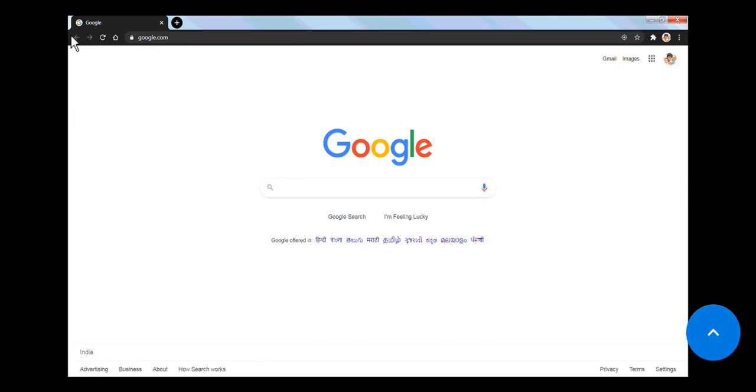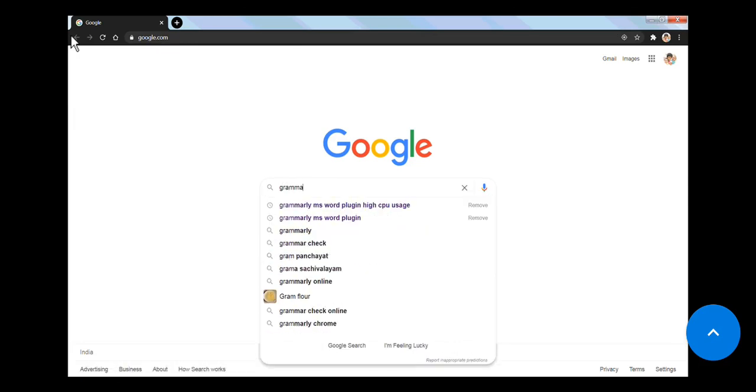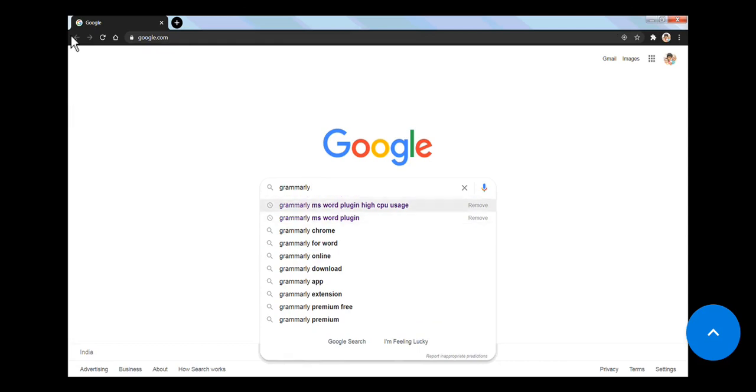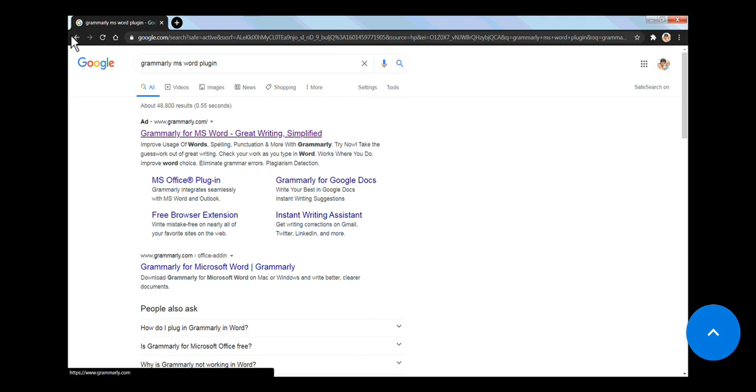Search on Google for the Grammarly MS Word plugin here.